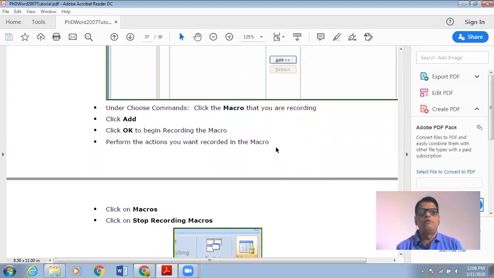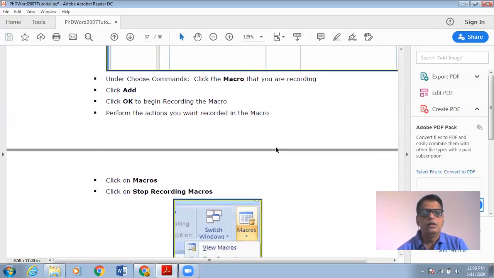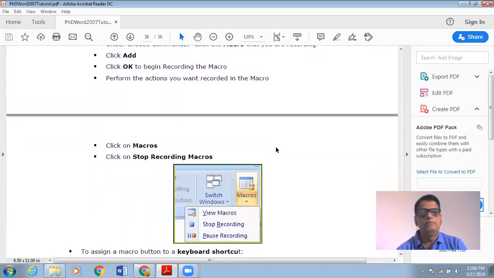Now you need to perform the series of actions that you want to record in this macro. Once you are over with your actions, you again click on Macros, and then click on Stop Recording.